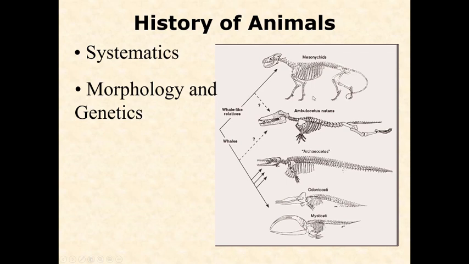And this is an ongoing process. There are some groups for which we understand relationships really well and are fairly certain, maybe not 100%, but 99.5, 99.9%. And there are other groups where we're still gathering data, doing assessments, and trying to figure out all of the relationships. So just be aware that it is an ongoing process. So here is our brief, very brief run through of the history of animals.